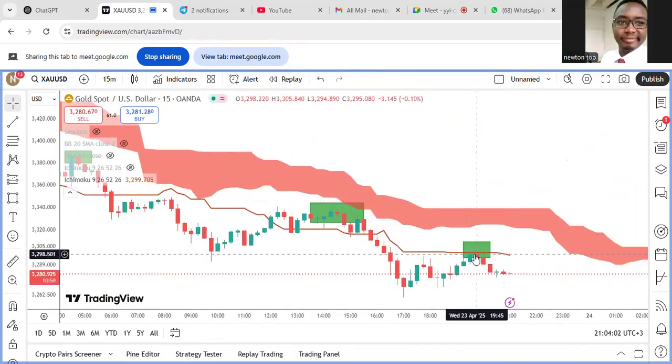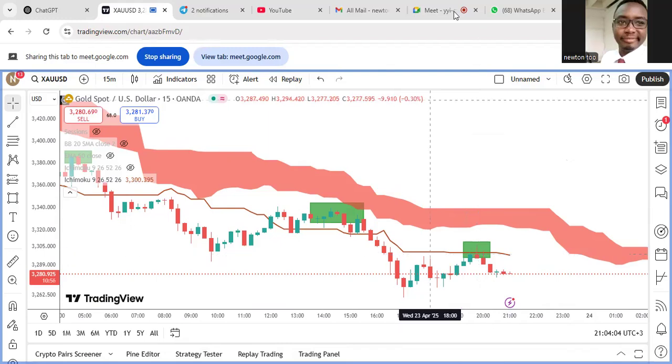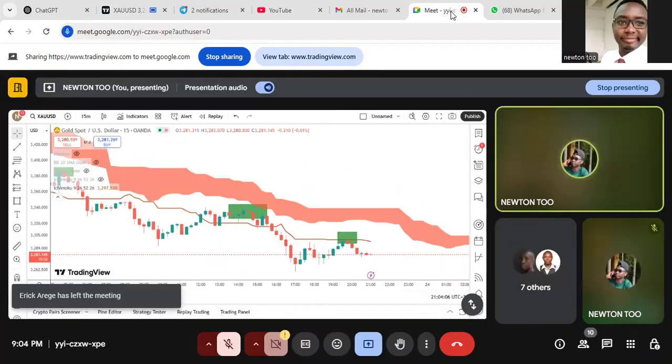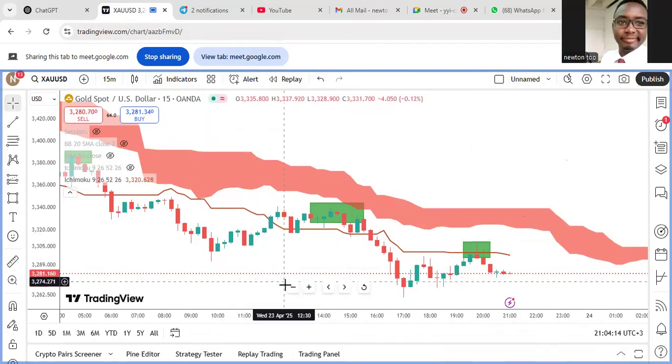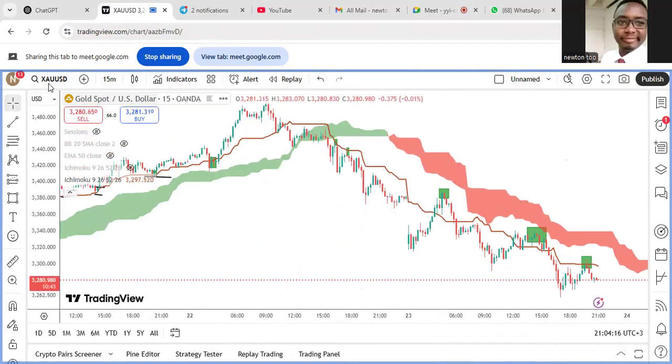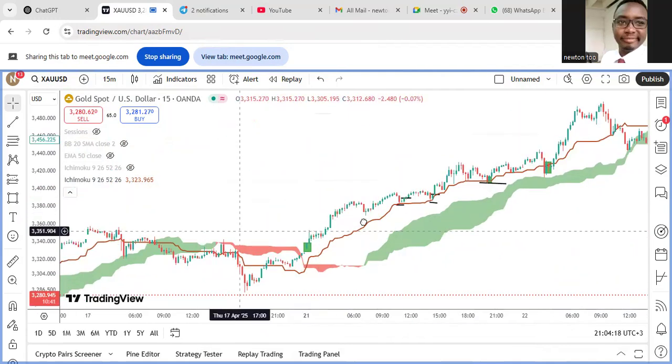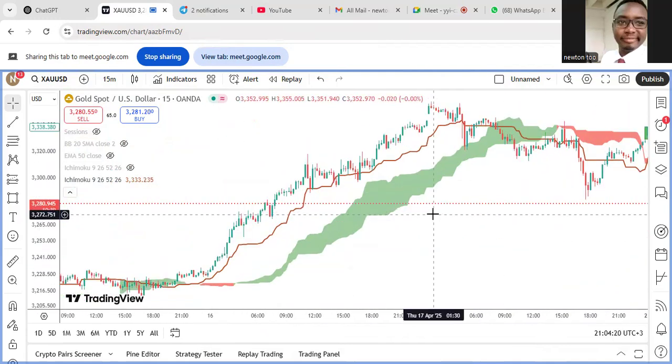See guys, to mean you can use, for example, you can combine the ones that you love, the one that you love. And you can see this one is a 15 minutes time frame. So you can trade even Ichimoku with a 15 minutes time frame. So it's not a matter of doing swing trade. No. So here you can see